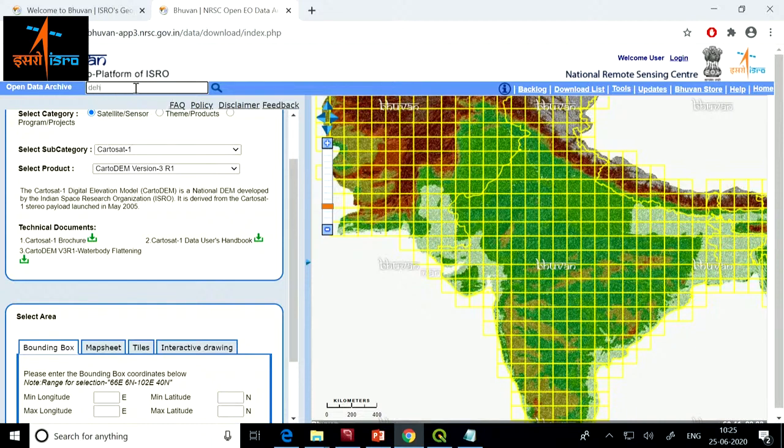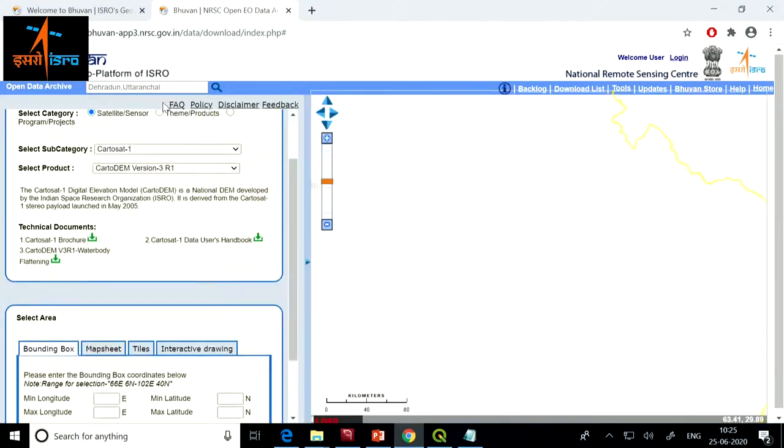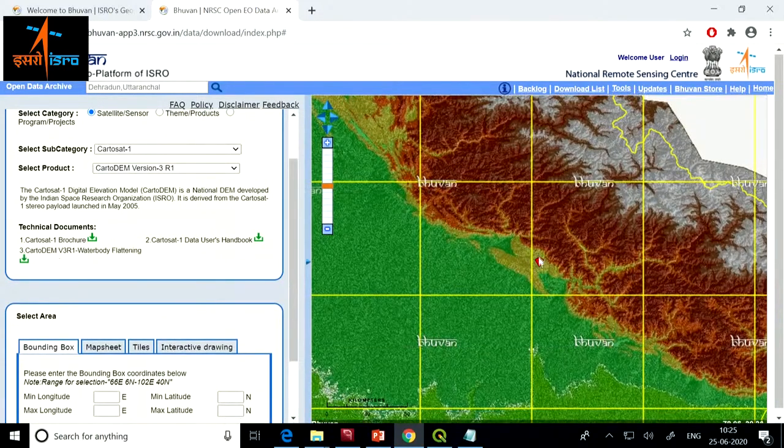So let's say I want to make for Dehradun. So I type Dehra and okay, Dehradun. Okay, here it comes. So you see that a small pointer is put on this tile. So basically, I'm interested in this smaller region here, but I have to download this entire DEM.